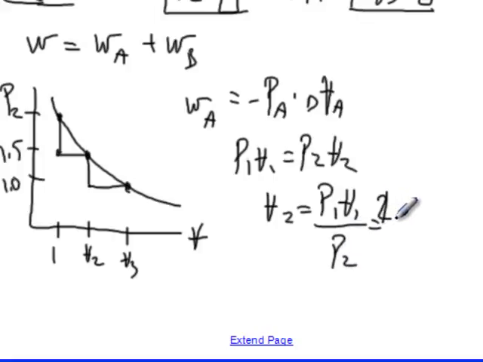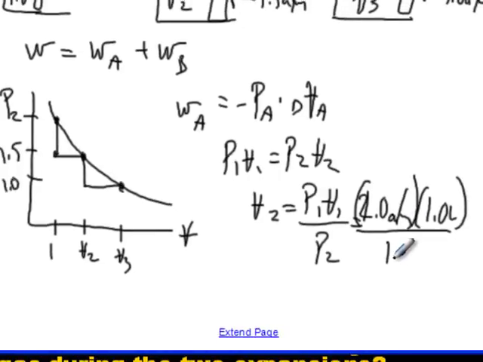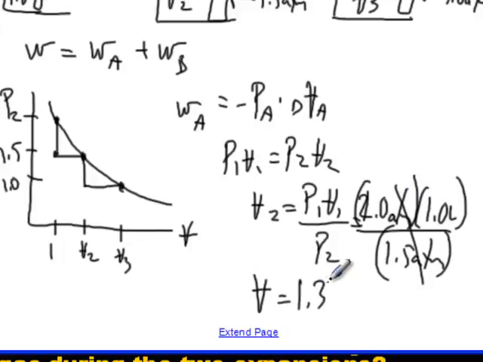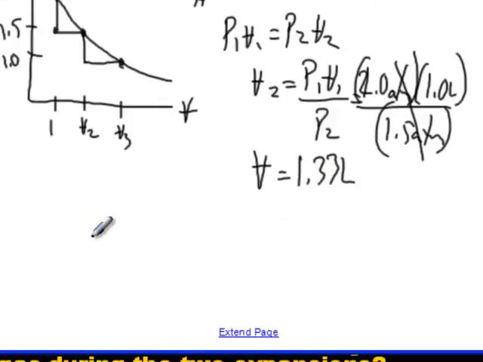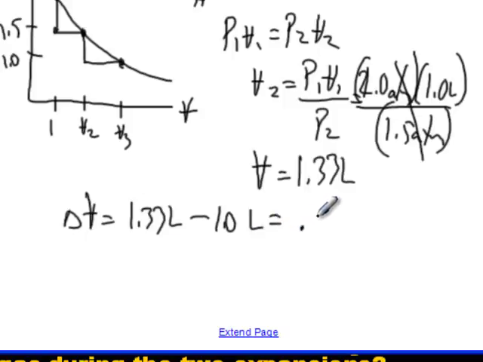So that's 2 atmospheres times 1 liter of volume divided by our new pressure of 1.5 atmospheres. Atmospheres are going to drop out, volume is going to be in liters, and it's 1.33 liters. Okay, we wanted that so we could get delta V. So delta V is the ending 1.33 liters minus the starting 1 liter,